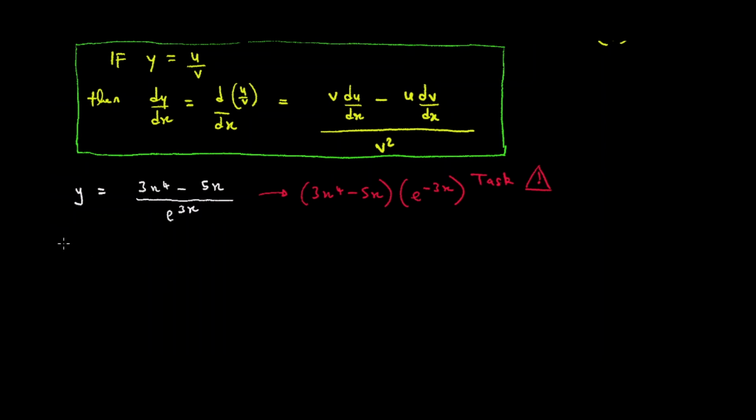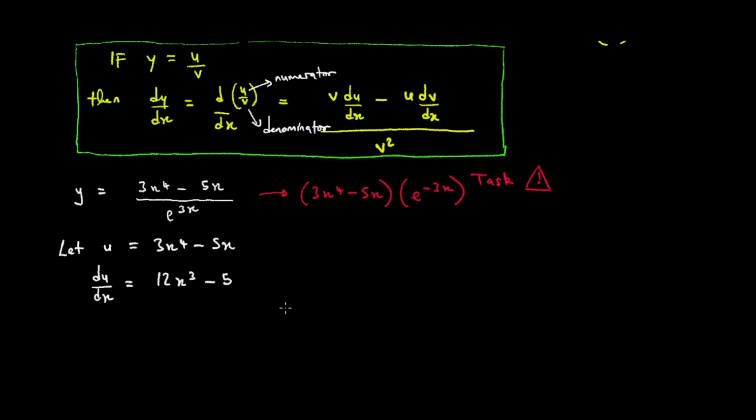So in our quotient rule here, we start by saying let u be equal to 3x to the 4 minus 5x. Take note that it's u over v, meaning u is the numerator and v is the denominator. So don't mix these up, it's very important. So let u be equal to 3x to the 4 minus 5x, which is our numerator. du dx is 4 times 3 is 12, so 12x cubed minus 5, like that. Then let v be equal to e to the power 3x. That is what v is going to be equal to. So if we differentiate e to the power 3x, we get